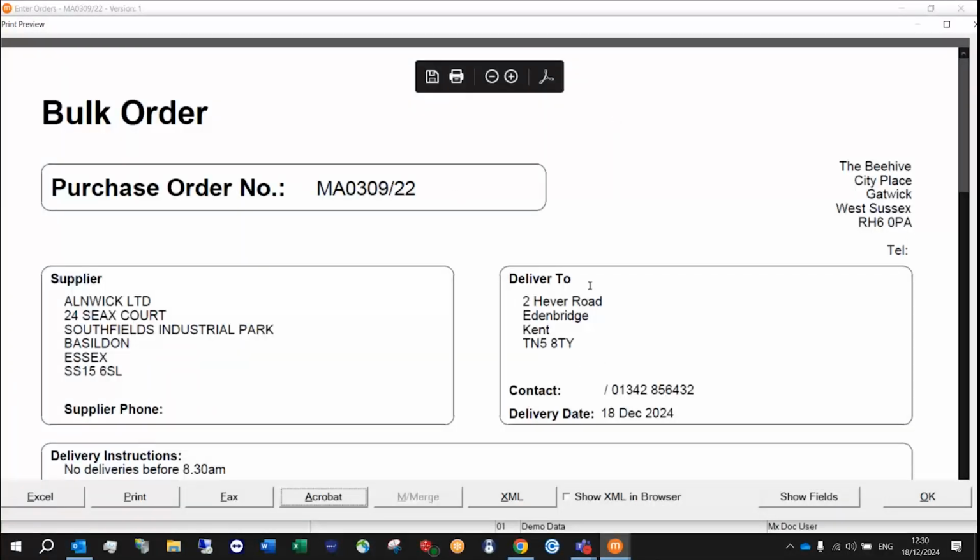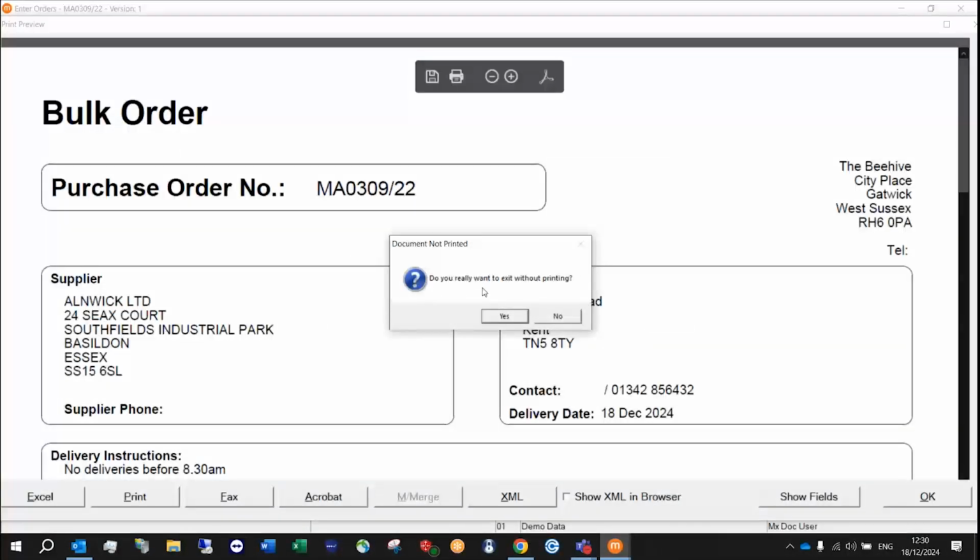Okay, it just brings it up. You can at this stage, if you wanted to, you see the PDF little options come up. You can save it somewhere if you wanted to, but you don't necessarily need to do that because with MX, it saves the documents anyway, or you can print it out. But again, you don't necessarily need to print it out. At this stage, if you just want to click OK,